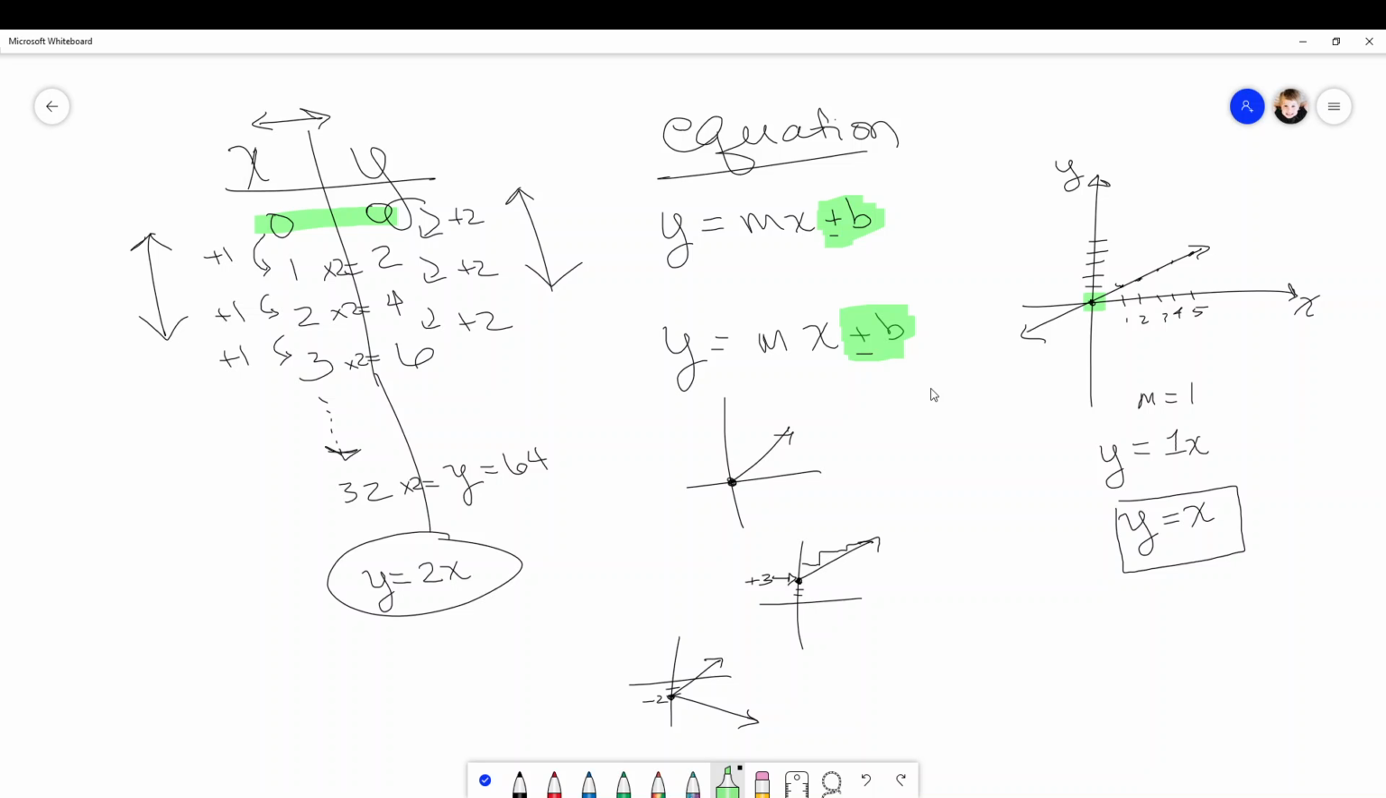So when you're going among these forms, when you're looking at a graph and it says, what's the slope, or which graph